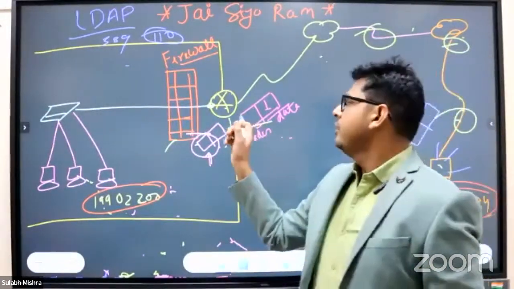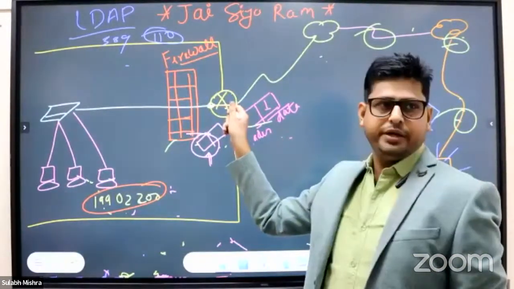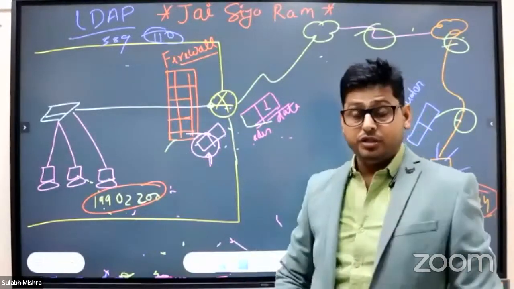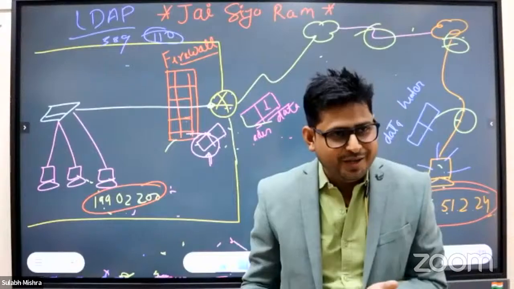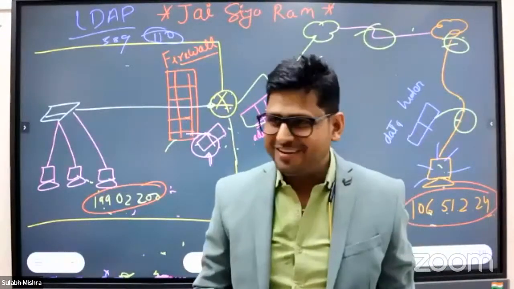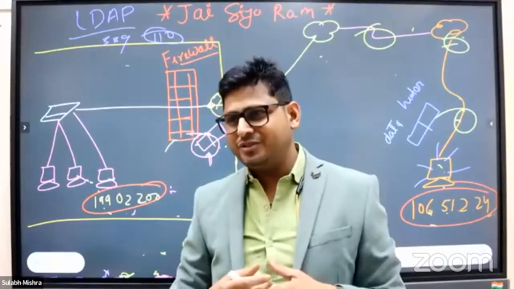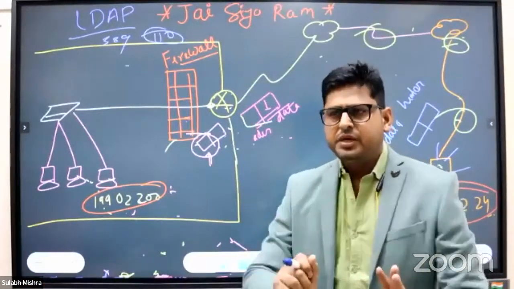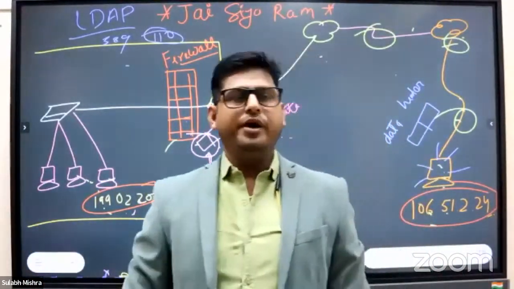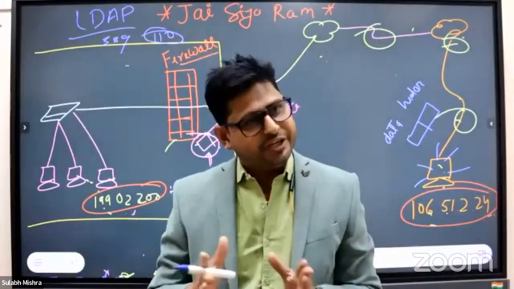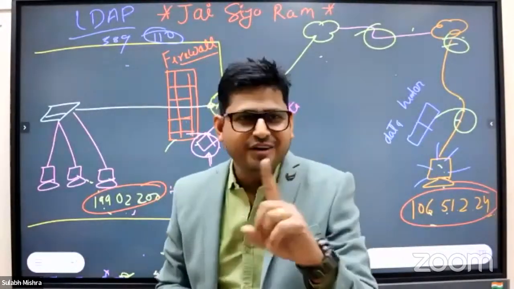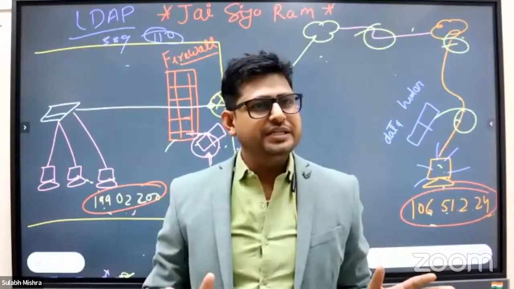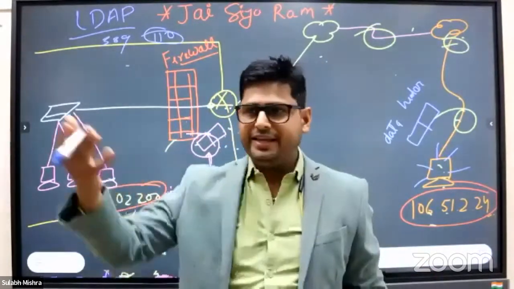He is asking why we are deploying a router here. Why can't we connect directly to the firewall? Because the firewall is also layer 3 and layer 4, and layer 3 means routing. The firewall can do the routing work and the layer 4 work also. Why are we not deploying it here? Because the firewall is for security, not for doing the routing. Yes or no? In small companies, you can deploy directly on the firewall,